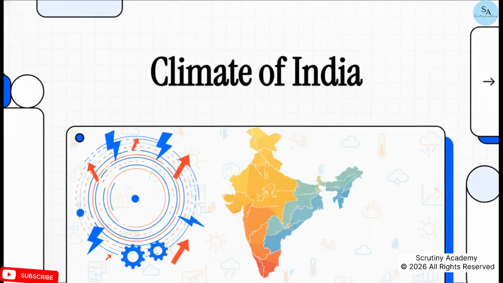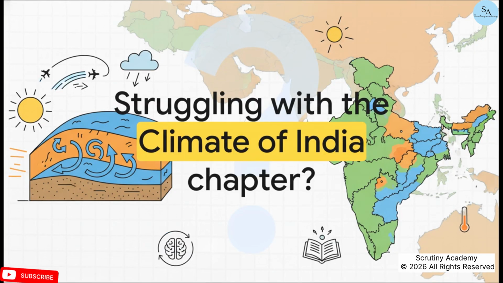All right, board exams are right around the corner. Let's get you feeling prepped and totally confident with a super fast, super focused revision of the Climate of India chapter. Ready? Look, I get it. This chapter can feel like a lot. You've got monsoons, jet streams, all these different terms. And yeah, exam stress is a real thing. But don't you worry. We're going to break this all down together, piece by piece.